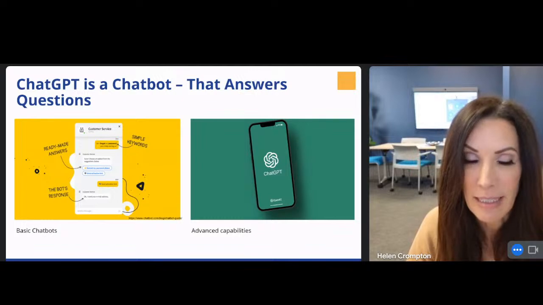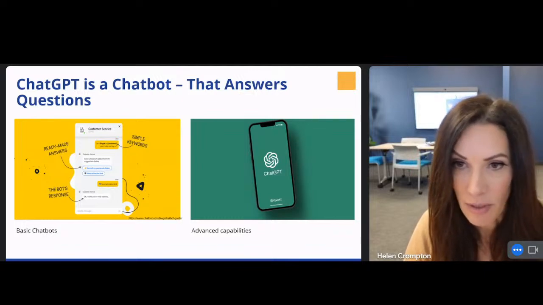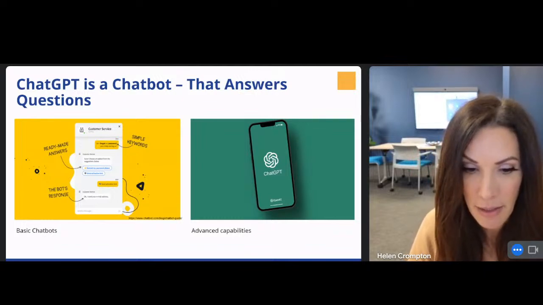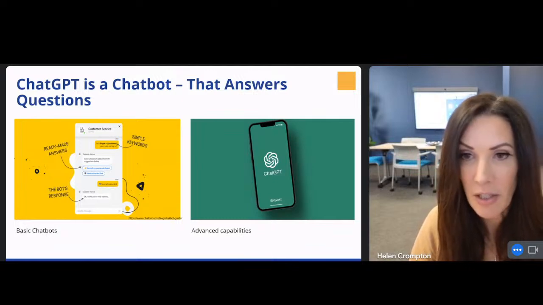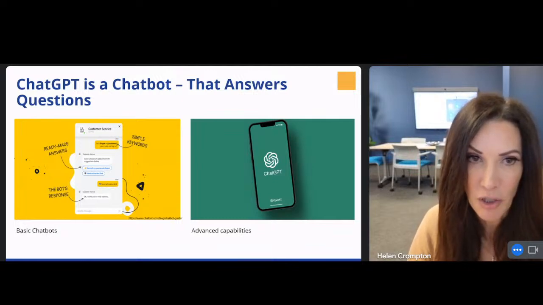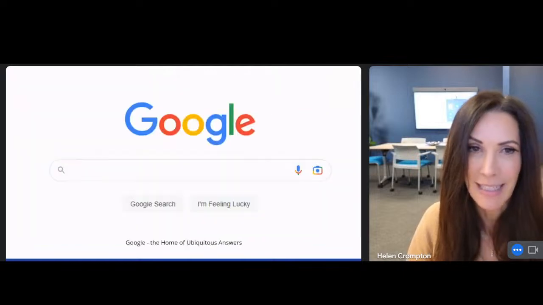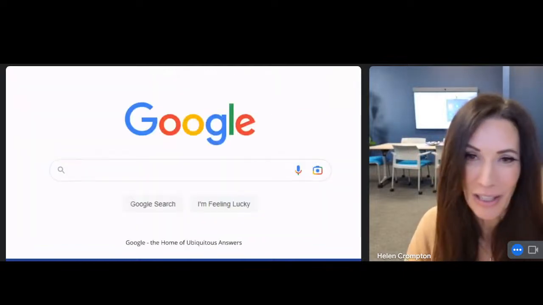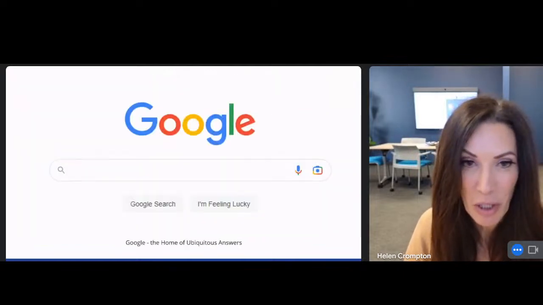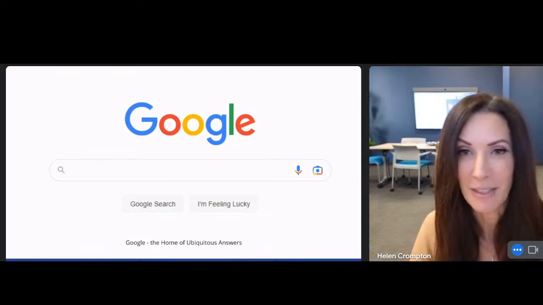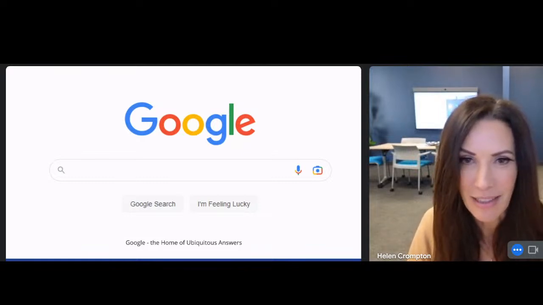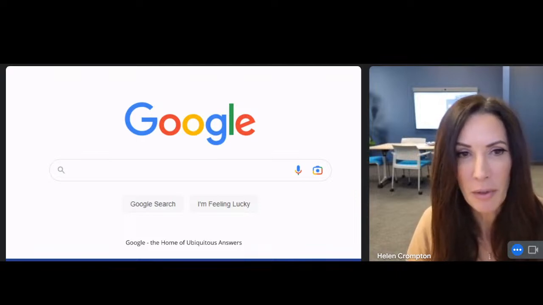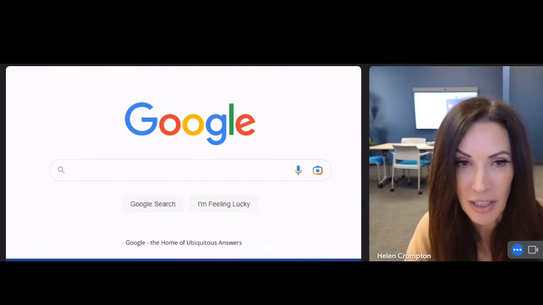ChatGPT is very different. It's much more advanced. That's what's caused this big stir. Now, what it does is it answers questions. So you're probably thinking, well, Google, the home of ubiquitous answers, we've had this for ages. So what's the difference? Well, Google search actually came out